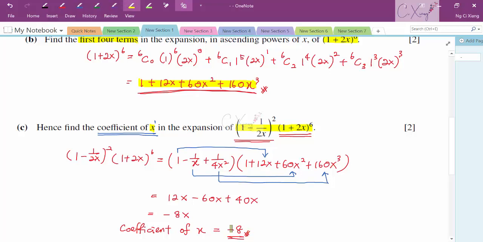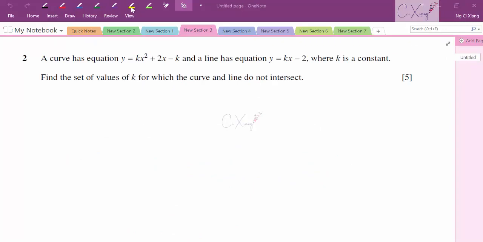Right, so this is generally how we find out the coefficient for the x. Okay, so we come to question number 2. We are having a curve with this equation, and the line has this equation, and k is a constant. Alright, so they want us to find a set of values for k for which the curve and line do not